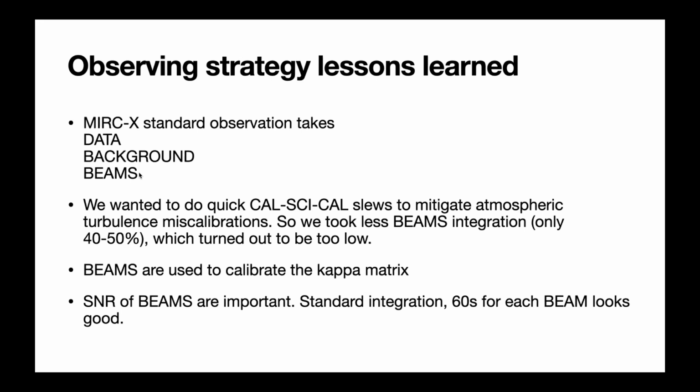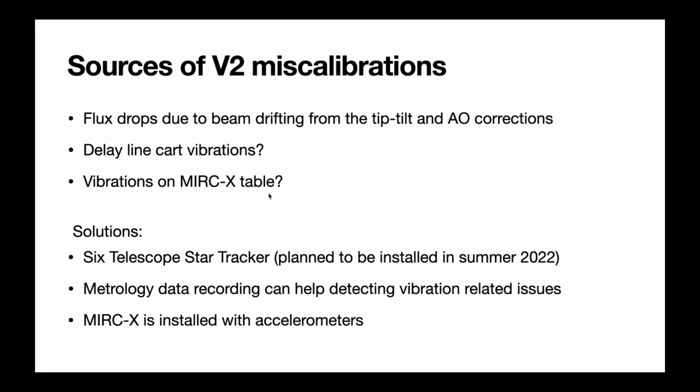It is a calibration between the fringe channels and photometric channels. It is a measure of any polarization or other things. So those beams seem to be low SNR, so those are contributing some of the visibility miscalibrations, and also other sources can be